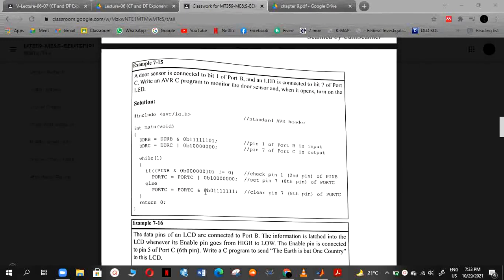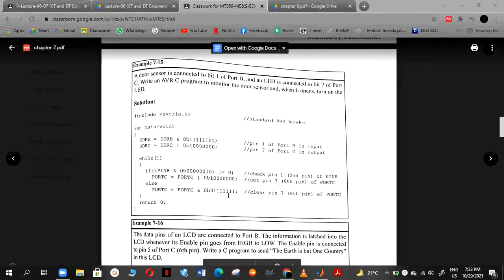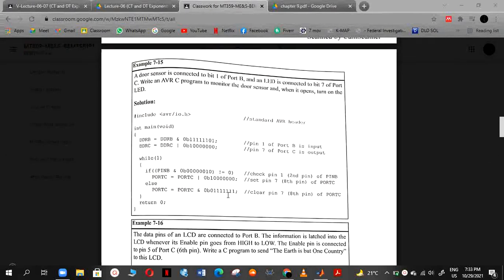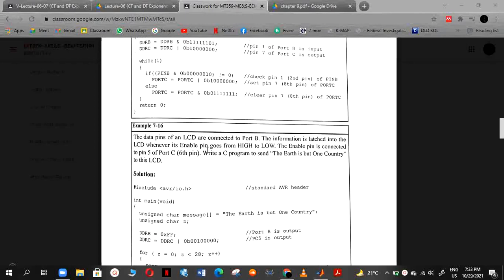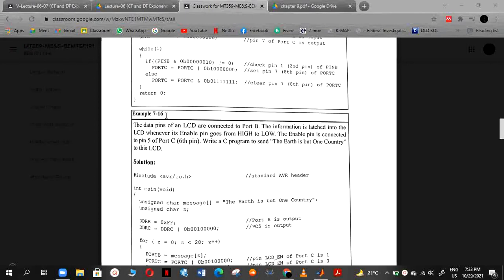Otherwise it will clear pin 7 and the LED will turn off. If our pin B is set, then our 7th pin will go high, so our LED will turn on. So now we are going to move towards our 16th example.